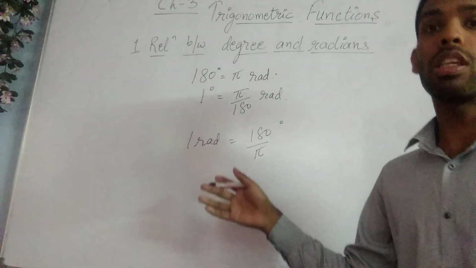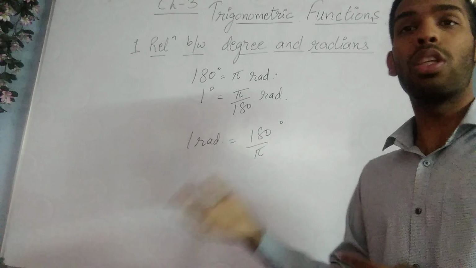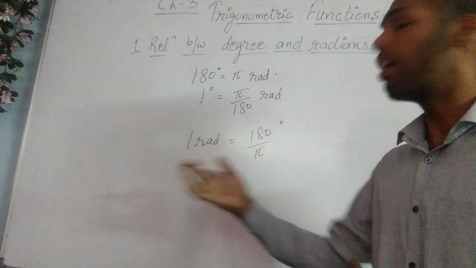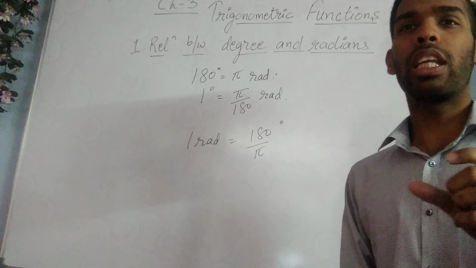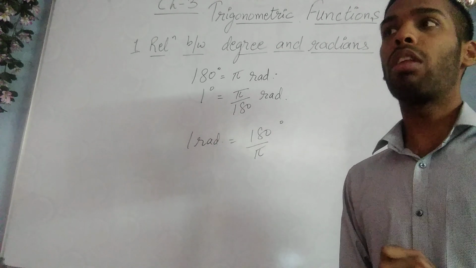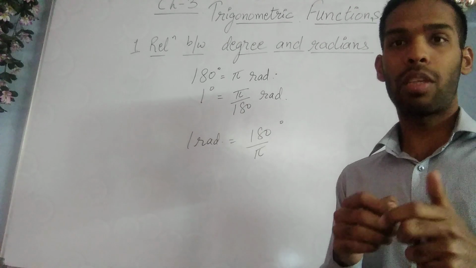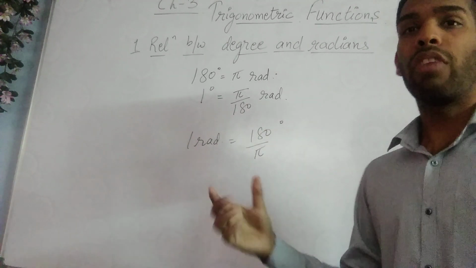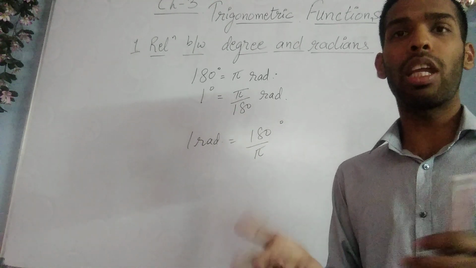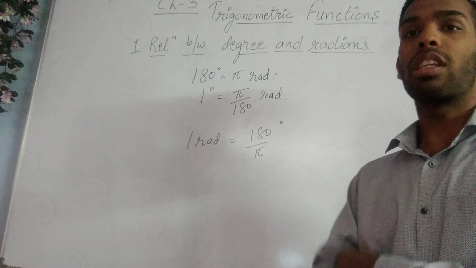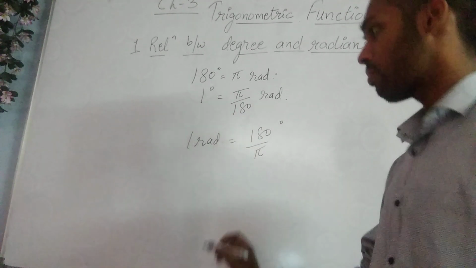With the help of these formulas, you can convert any degree measure into radian measure, and simultaneously any radian measure into degree measure. After that, we also converted one very small measure, that was 30 degree into radians, and that was equal to pi by 6 radians. Now using these formulas, we can convert many measures from degree to radians and from radians to degree. Some very important conversions I'm writing down over here. You can note it down for your future use.